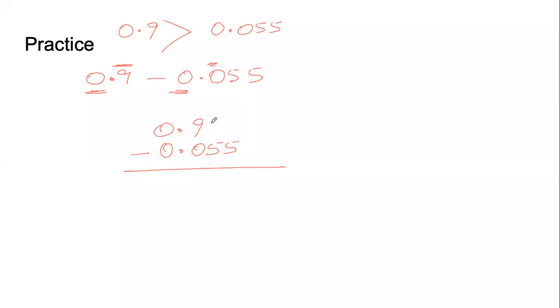What are we subtracting 5 from? From 0. You can't subtract 5 from 0. We will have to borrow from the neighbor. That is also 0. We cannot borrow from it. So we will borrow from its neighbor. So this becomes 8. This becomes 10. Then this becomes 9. This becomes 10. Now we can do the subtraction. 10 minus 5 is 5. 9 minus 5 is 4. 8 minus 0 is 8. Decimal point 0.